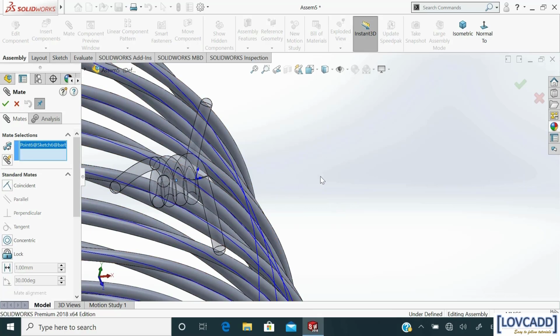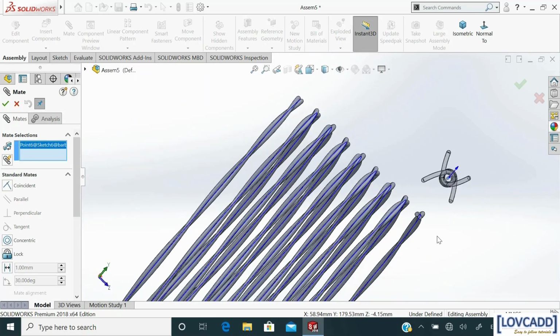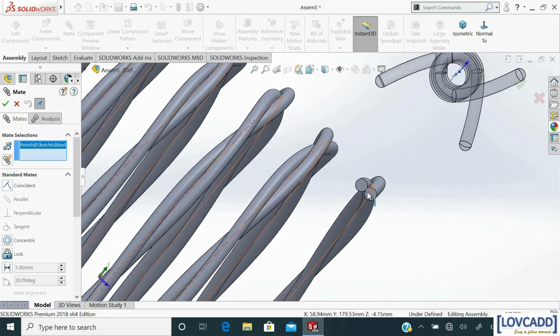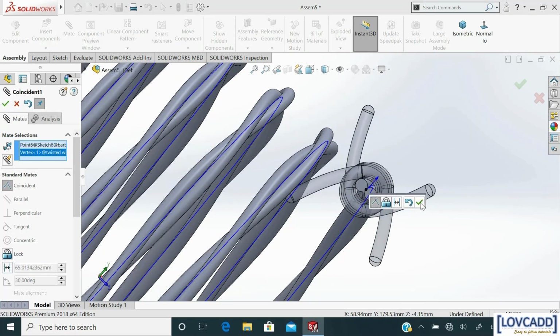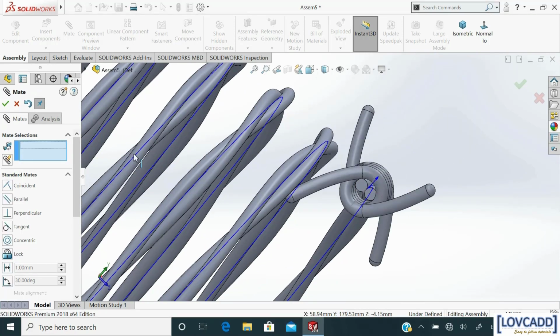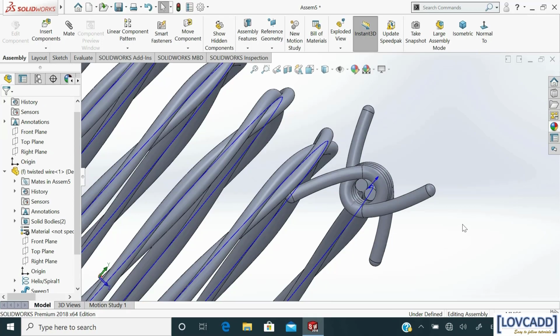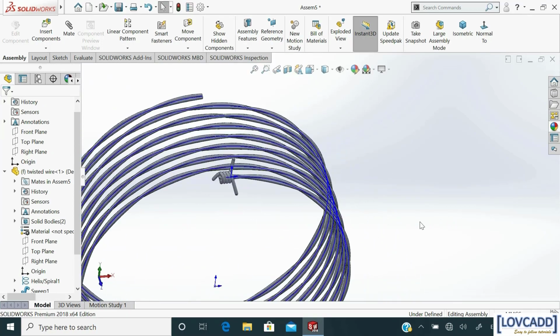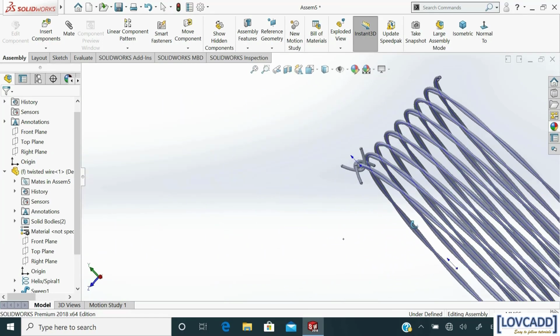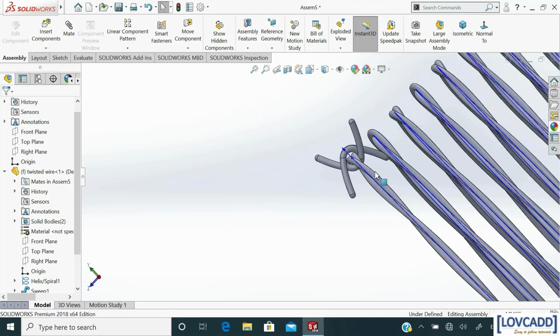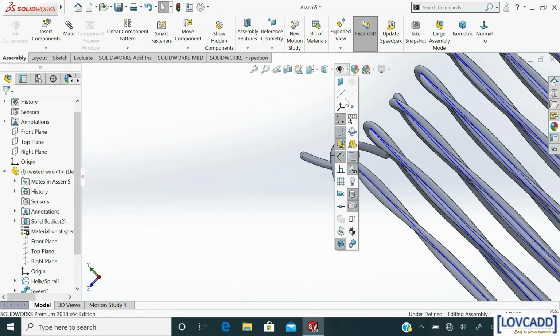Select the point on the barb and the starting point of the helix. OK. Click OK. Now click on view menu.